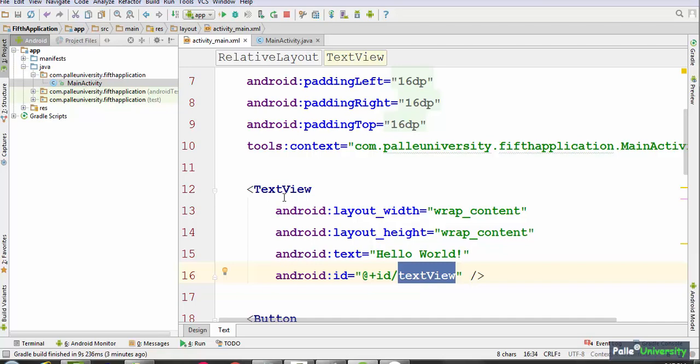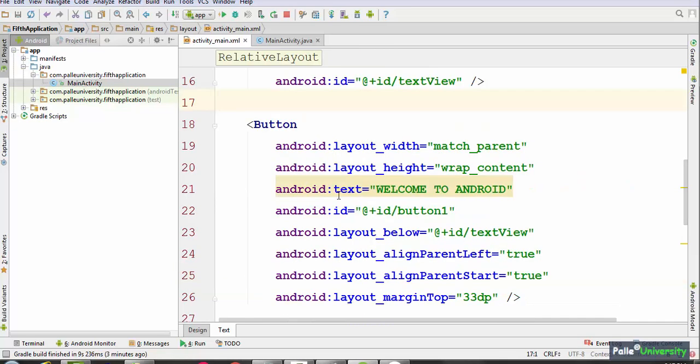Whenever I ask the name of a view, you should not tell @+id/ because this is part of the syntax. You are not supposed to remove this. That is the Android rule. You observe, for every view the id starts with @+id/.